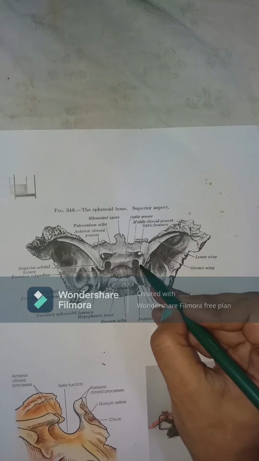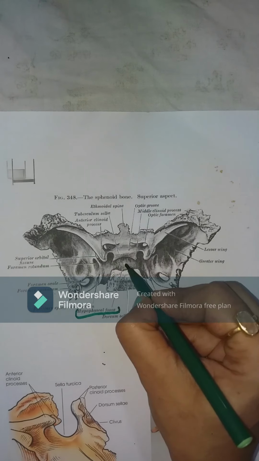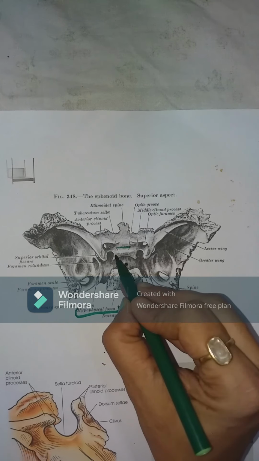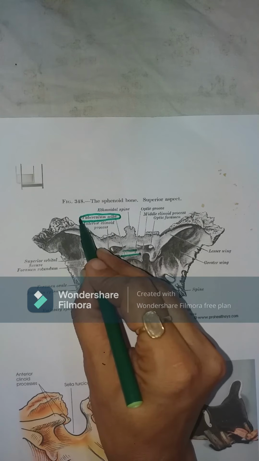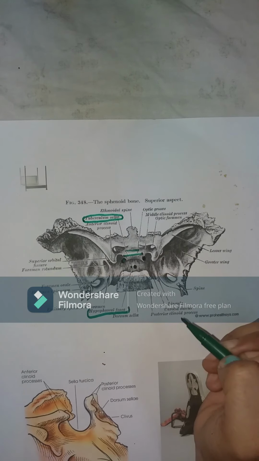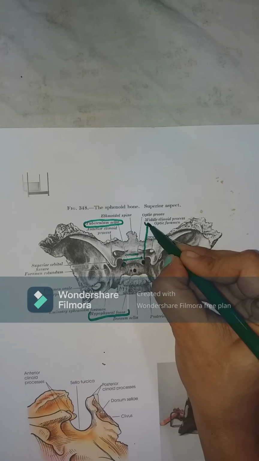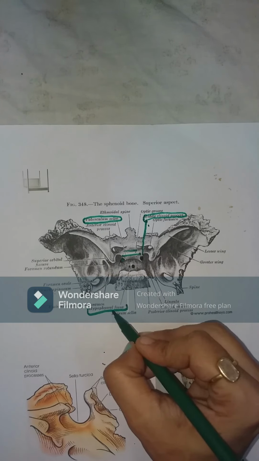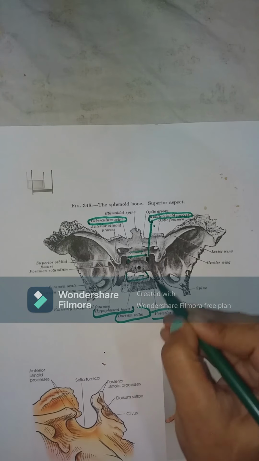Now see this picture again. You see that this is the hypophyseal fossa, right? This is the sulcus chiasmaticus, and the anterior raised margin of sella turcica is called the tuberculum sellae here. You can see that these are the middle clinoid processes here. See, they have named it right here, middle clinoid processes. And then the dorsum sellae, the posterior margin here, and the posterior clinoid processes.